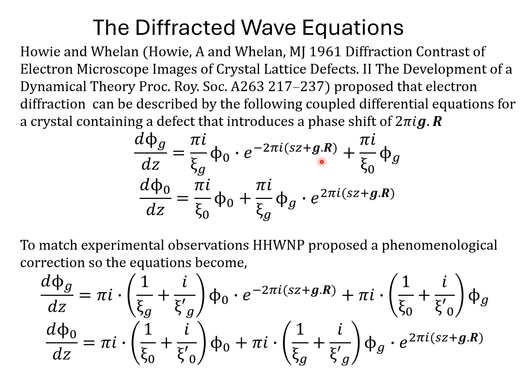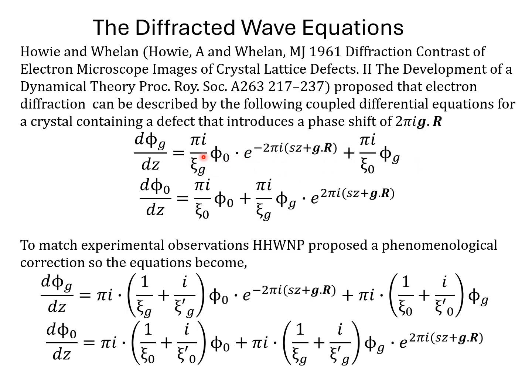Now, one of the early attempts to describe this coupling is by representing the diffracted wave amplitude as a combination of the diffracted wave amplitude and some diffracting vector, so that there's some component of the diffracted wave that feeds back into the diffracted waves, but there's also the direct wave which feeds into the scattered wave. So this dphi g by dz, in this context,